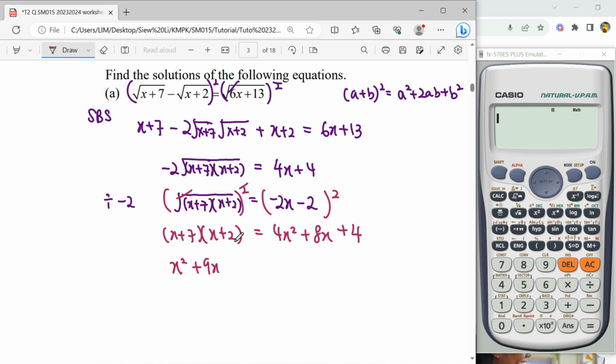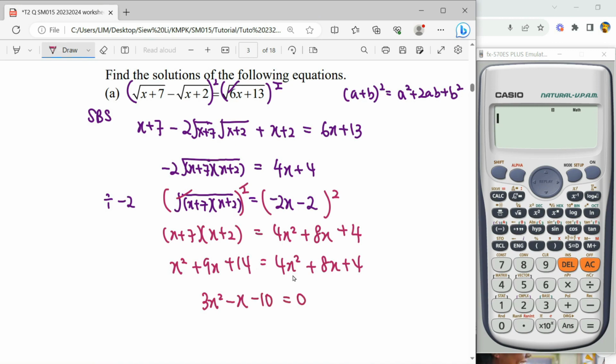Then 7 times 2, 14. So we have a quadratic here. Simplify to general form. As we move it to the right hand side, we get 3x squared, then minus x, and then minus 10,